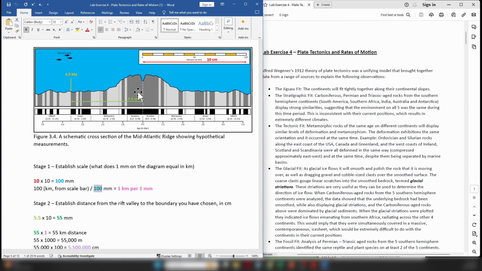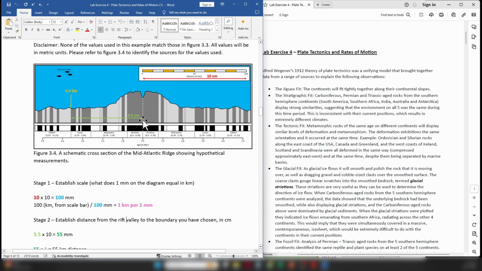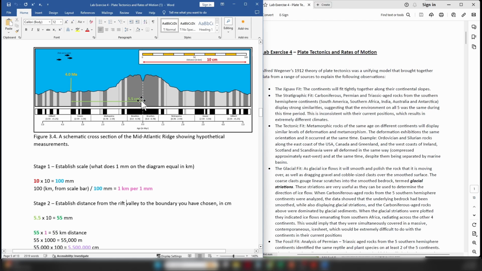Now, once again, I'm just going to say this. These numbers that I'm dealing with here are made up. They are not real numbers. So, okay, stage 2 is to establish the distance from our rift valley, which is this area right here. So here's our rift valley with our divergent plate boundary marked by the dashed white line. And I need to know the distance from there to the point on the seafloor that we've chosen, which is this point right here. Now, obviously, I've measured it with a ruler, and it's given me a made-up distance of